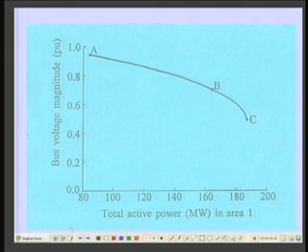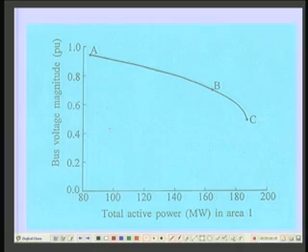Now, this figure shows the VP curve obtained for bus 530 considering the load change in area 1. That is, area 1 has a number of buses, and at each bus the load is increased in small steps, and to meet that load the generation also increases correspondingly, and then load flow is conducted. Then for each loading condition you find out what is the voltage at this bus 530, which is considered to be the critical bus and is prone to voltage instability.